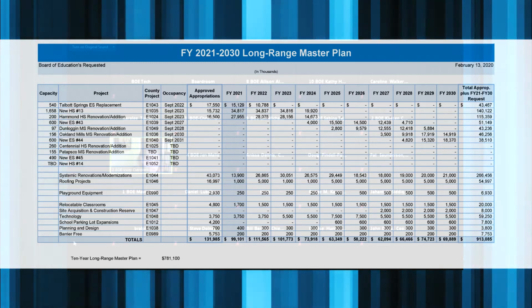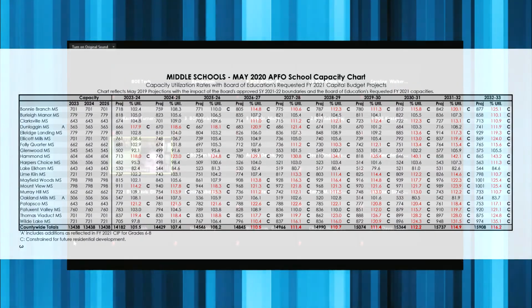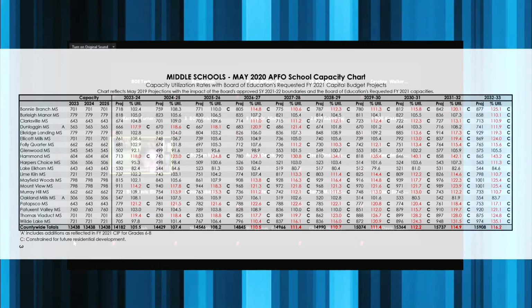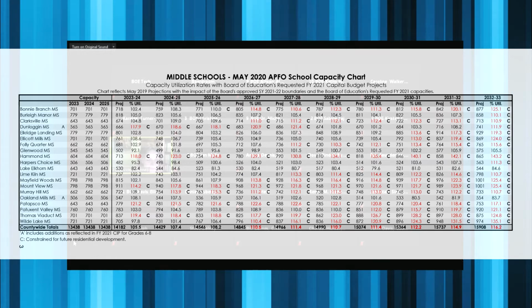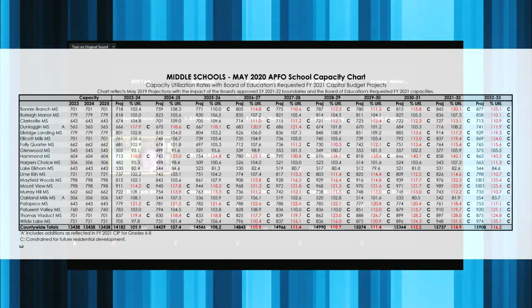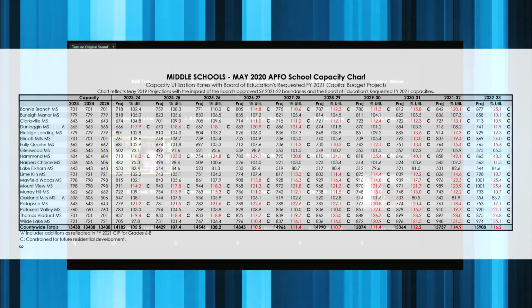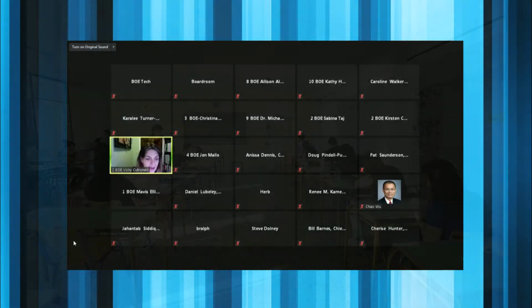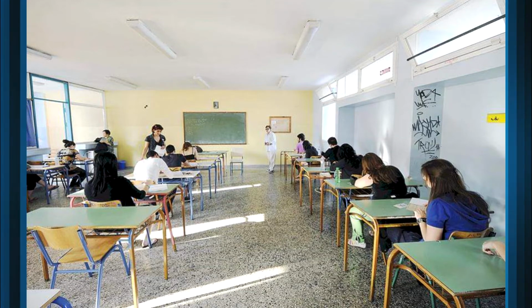This is not in any way, shape, or form blaming our Office of School Planning here. I just want to make sure that everyone is aware of what is coming. And especially given the new reality of likely needing to space more and have fewer kids in the schools, fewer kids in the classrooms. This is going to be very difficult to navigate.